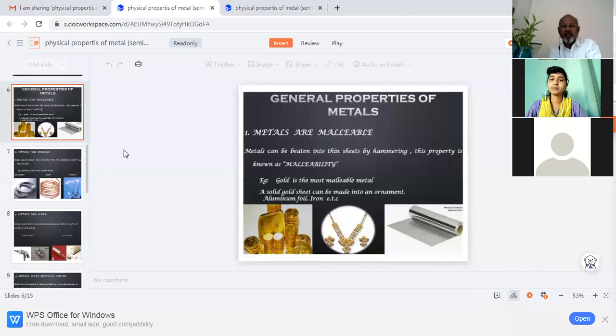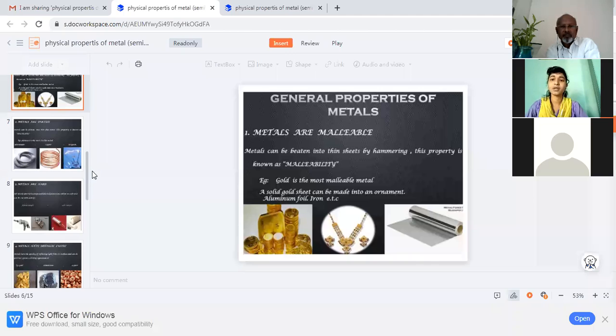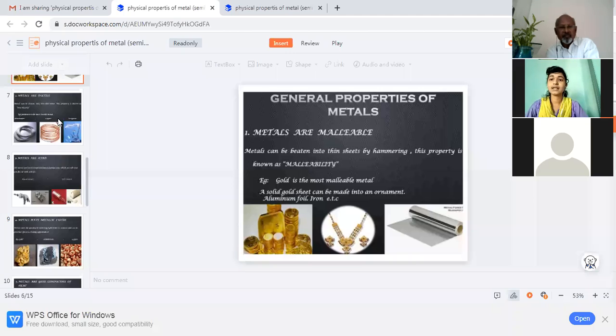Let's start with the first physical property of metals. Metals are malleable. Most metals can be beaten into thin sheets by hammering. This property is known as malleability. Example, gold is the most malleable metal. A solid gold sheet can be made into ornaments; aluminum foil, iron, etc. Next,